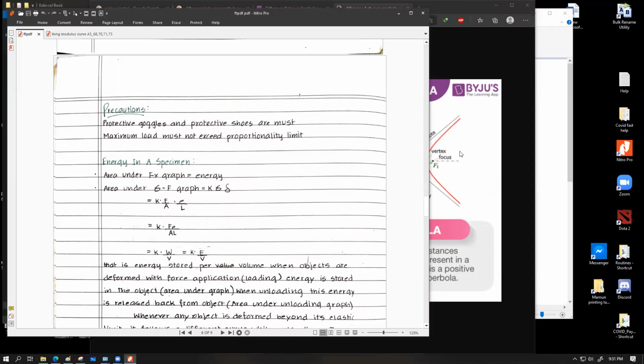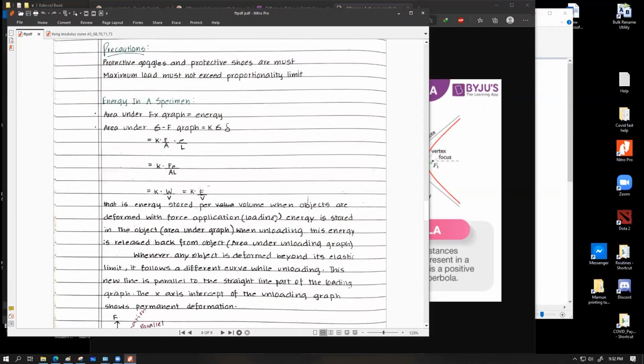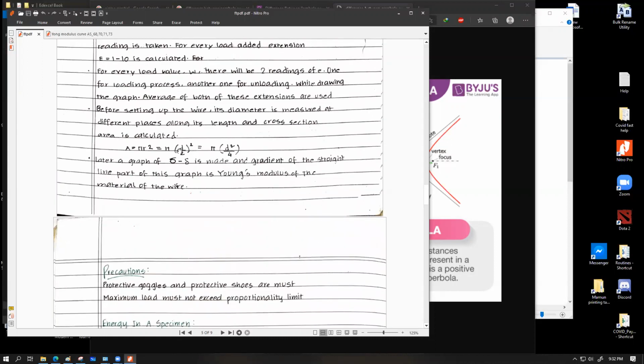Sir, at the very last point, where we measure the diameter at different places, could you explain why we do that part? So that we can use a uniform value or an average value of the diameter, because logically speaking the wire is expected to have exactly equal diameter